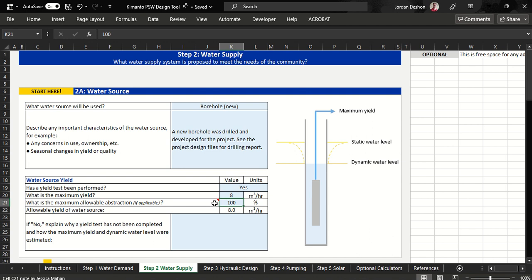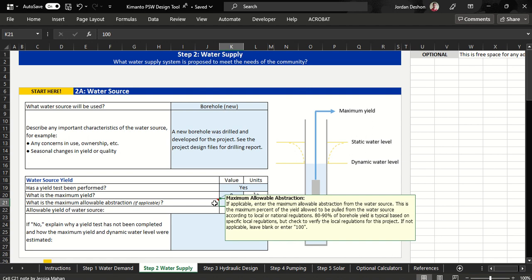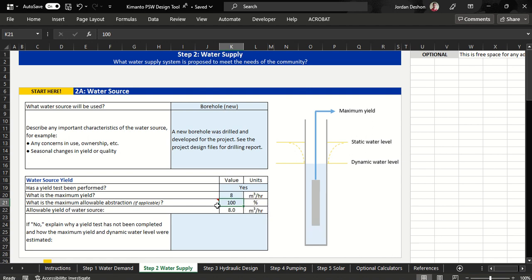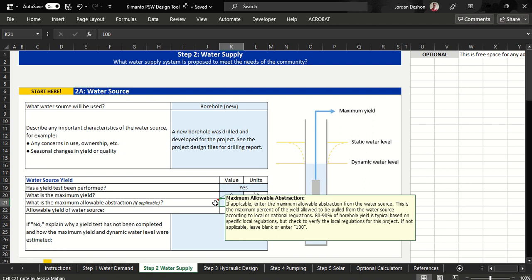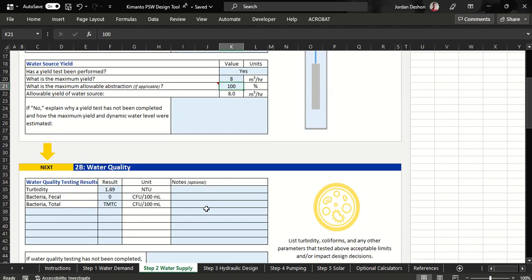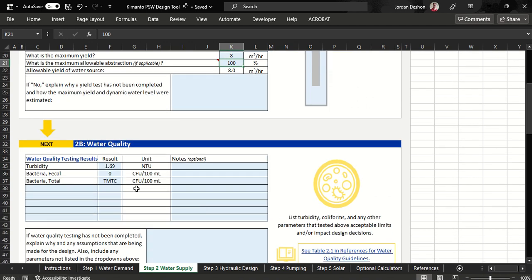And you may have noticed as I hovered over this cell, we got a note that appeared. So any cells with a red triangle in the top right corner, you can hover over to read more about them. Next is water quality. So these cells here, there's a few that are automatically filled in: turbidity, bacteria, fecal, and total. And then there's others where you could select from a drop-down other